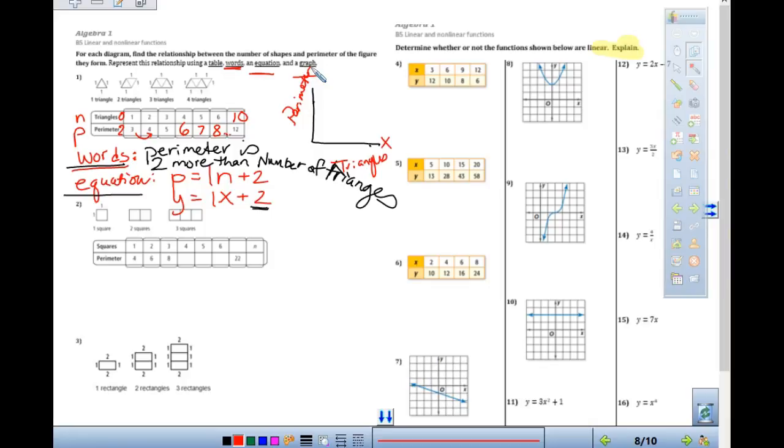And then you're trying to look. They don't ask you linear or nonlinear for this part. They just want you to do this. Come up with the equation, write it in words, make a graph. When you get to the next page, if you turn it over to the back, this is where you're asked linear or not linear, and it says explain. So when you're